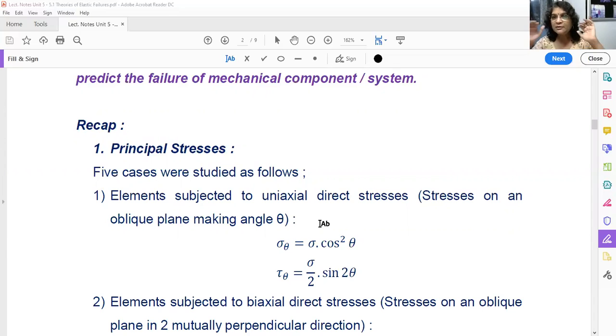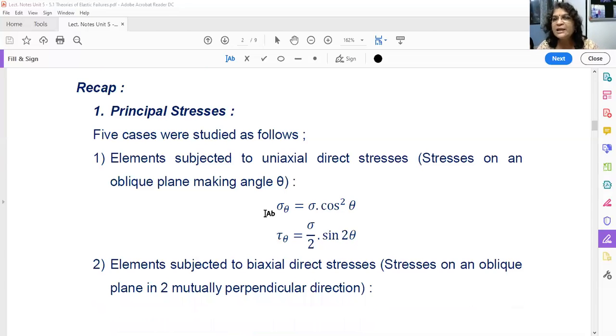That means the stresses are acting in one direction. This is your component and the stresses are acting only along one direction, like tensile or compressive. If you want to find the stresses induced at the inclined plane, meaning the cross section is not perpendicular but inclined, then the stresses induced in that inclined plane are known as sigma theta and tau theta,